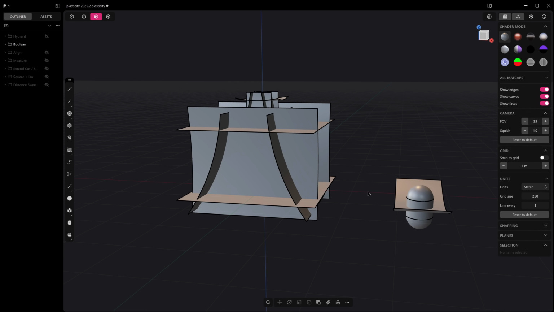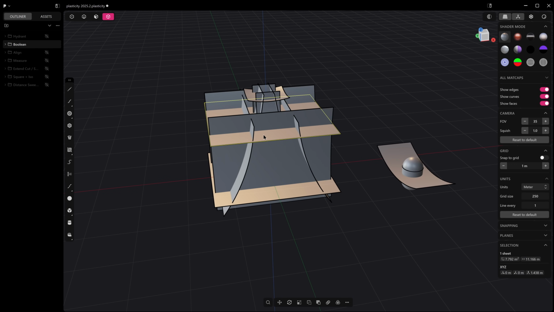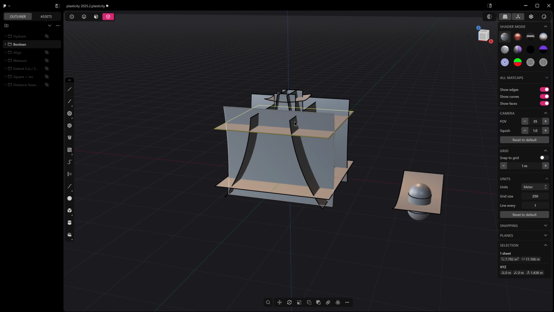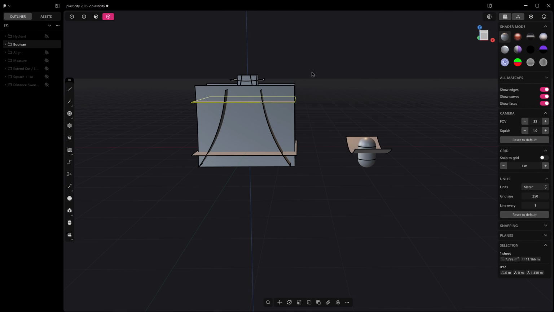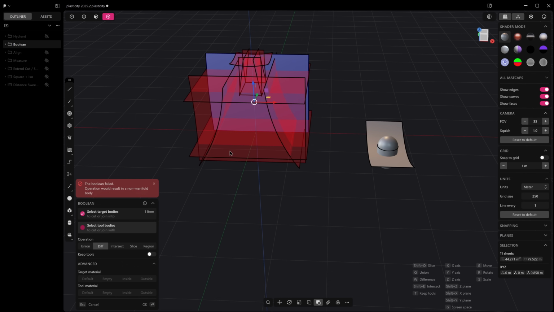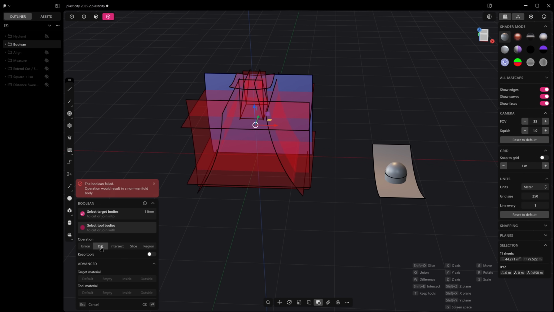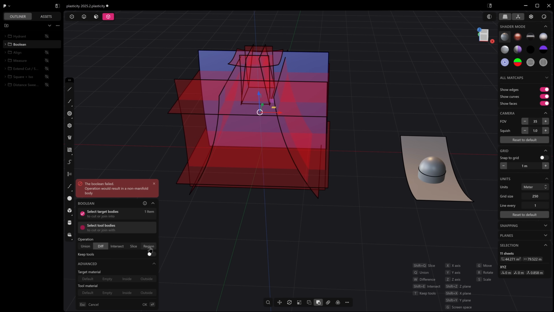So if you see what I've got here, we've got basically a bunch of sheets locked together. If I select all of these and press Q, it's just going to try and do a difference by default. If we hit union, it's going to try and do that, and it's going to say the operation has failed. But we've now got this new option called region, which will